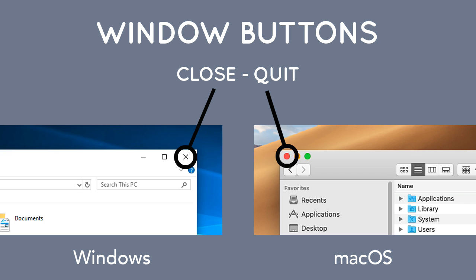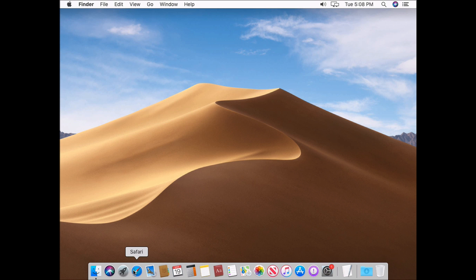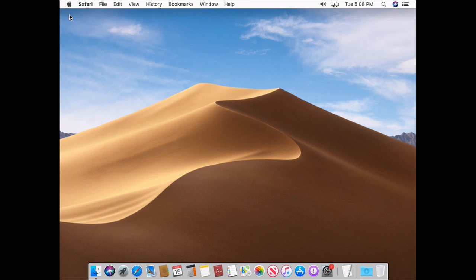So let's go back to our screen for a demo. I'm going to open up Safari again, and I'm going to click the red button in the window. In this case, of course, it just closes the window for Safari, but as I said, in other applications it may close the actual app out. So I'll click on the application again down here in the dock to open up a new window. And then I'll click on the yellow minimize button,